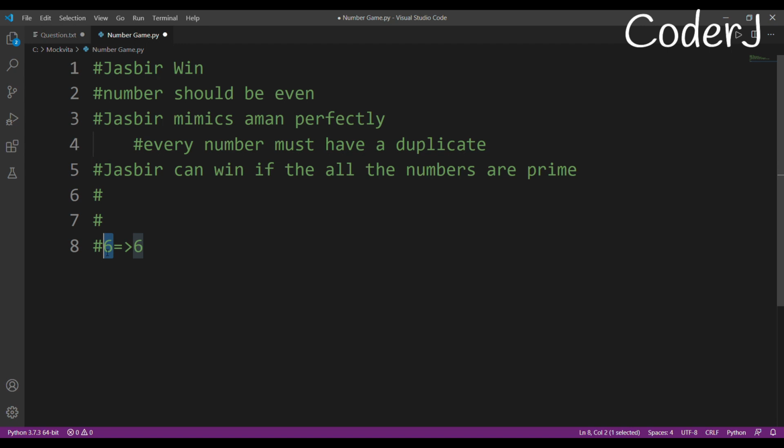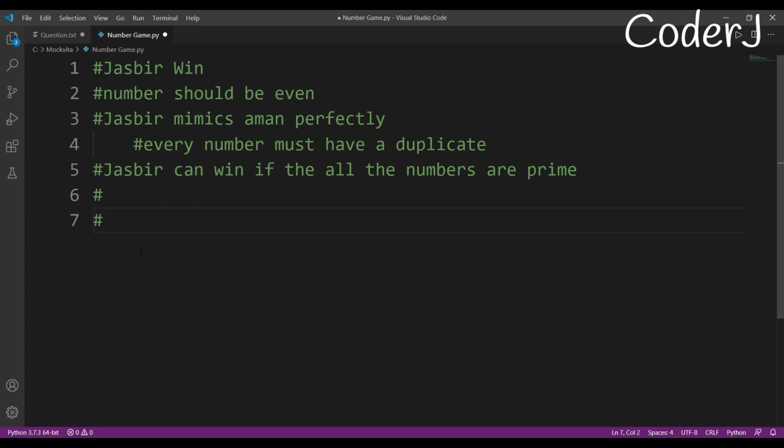Suppose there are 6 numbers. The total that have been provided to us are 6. Then in total, all the divisors should be only equal to 6. Why? Because if there are only 6 turns, it means we have 6 numbers and the total number of divisors they have is 6. It means he can only turn each number to one, because each number has only one divisor, and that is only possible when all the numbers are prime. Now he does not have any option. If the number is, let's say, 17, he can't do anything. He has to just turn this number to 1. Aman does not have any choice. So only when these conditions are fulfilled can Jasbir win.